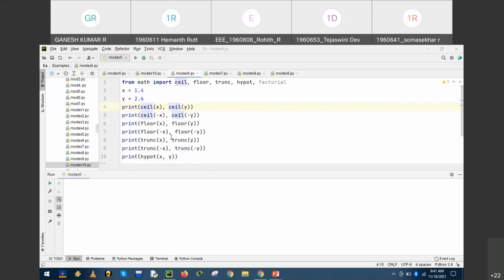Truncate will remove the fractional part. Hypotenuse, as we know, is the square root of x square plus y square, the square root of the sum of squares of the variables. Right? Now I'll run the program.